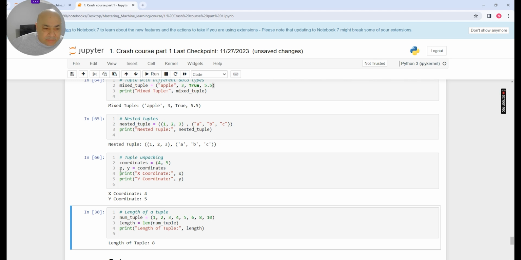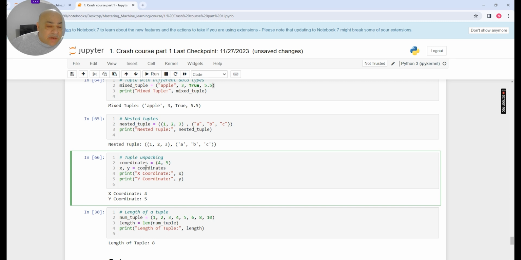And please notice here that the assignment is very simple. I'm just saying x comma y, and I am making it equal to this tuple,